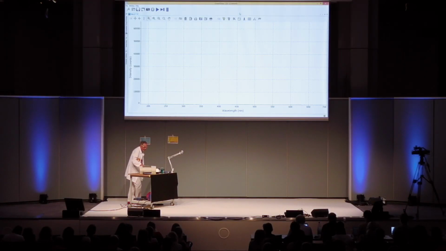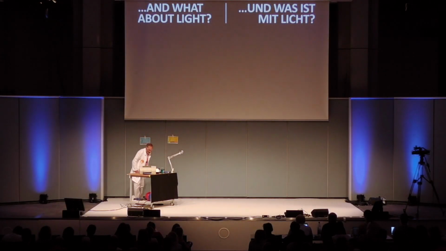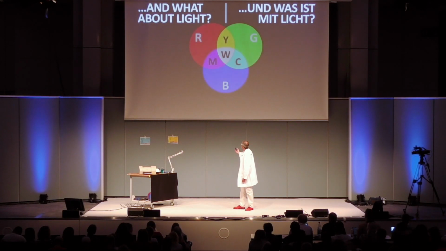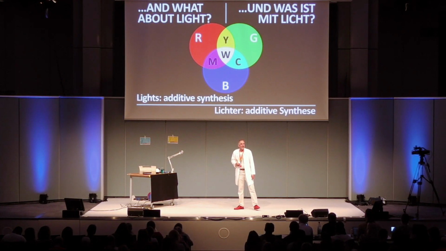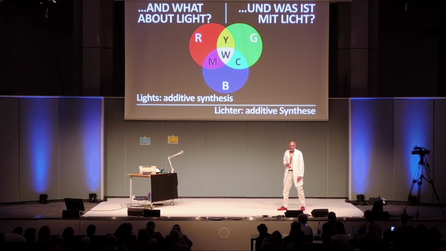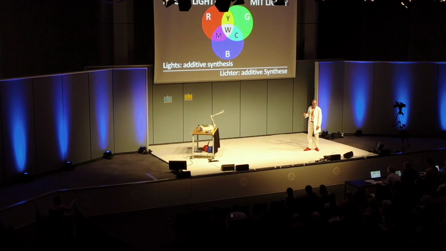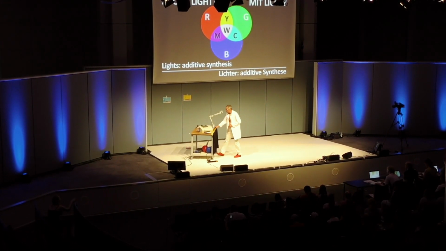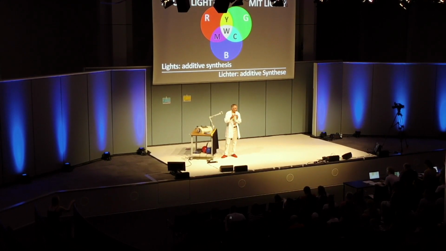So let's go to the next slide to finish. And I have in between my pointer, well, light, this is the additive system, as we said. With red, green, blue, you can obtain cyan, magenta, and yellow. And I will not show you the last experiment, which was with balloon and with a very dangerous laser.